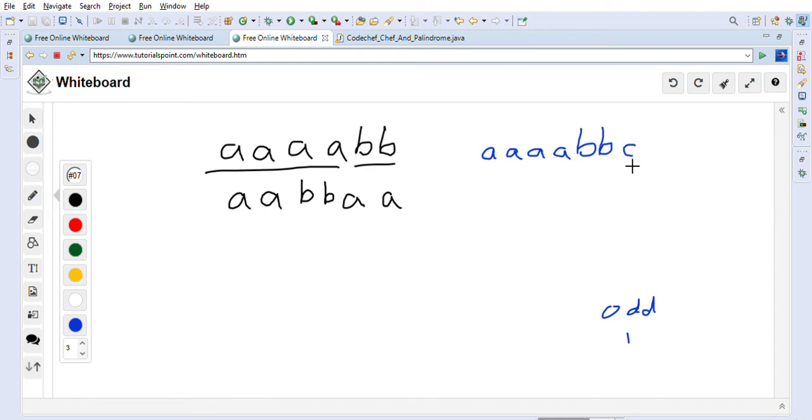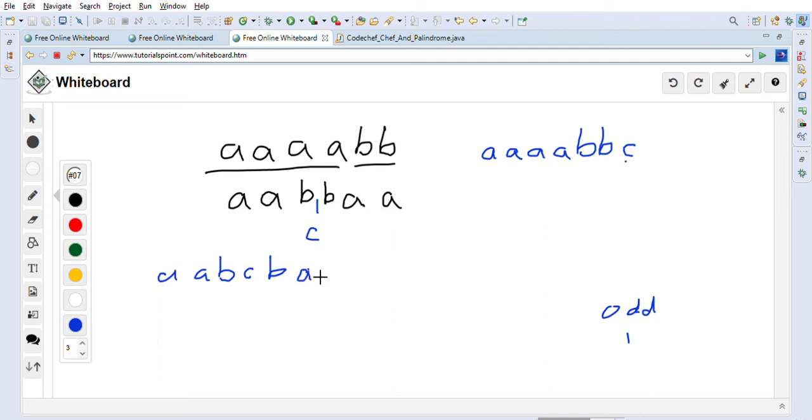What we can do in this case is take this C and put it in the middle, after B we will have C. So how will we create the palindrome? The palindrome will look like this: AAB, then we put our odd character C here, again B, and then again AA.